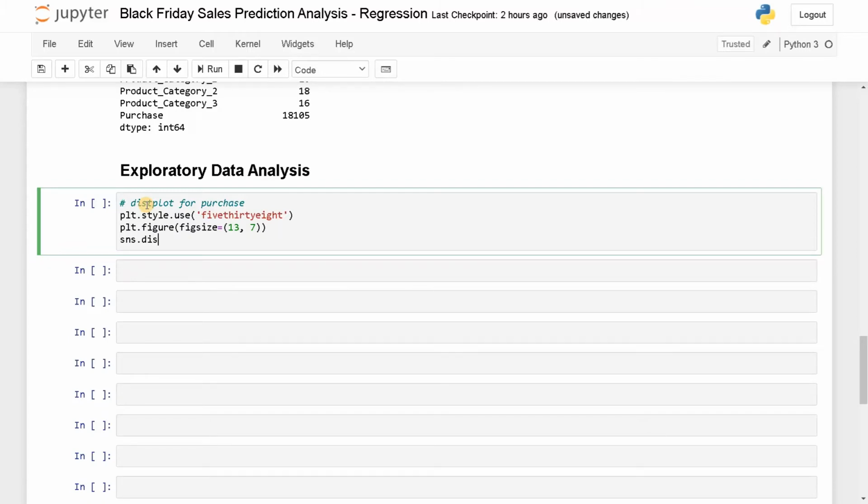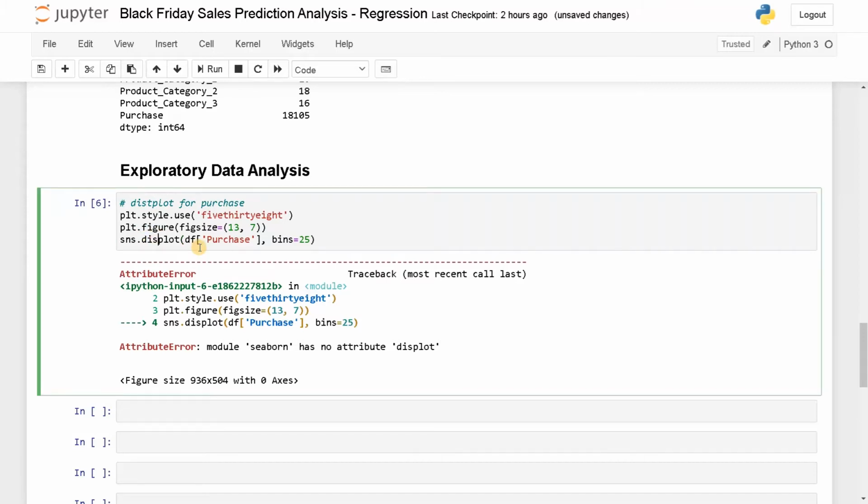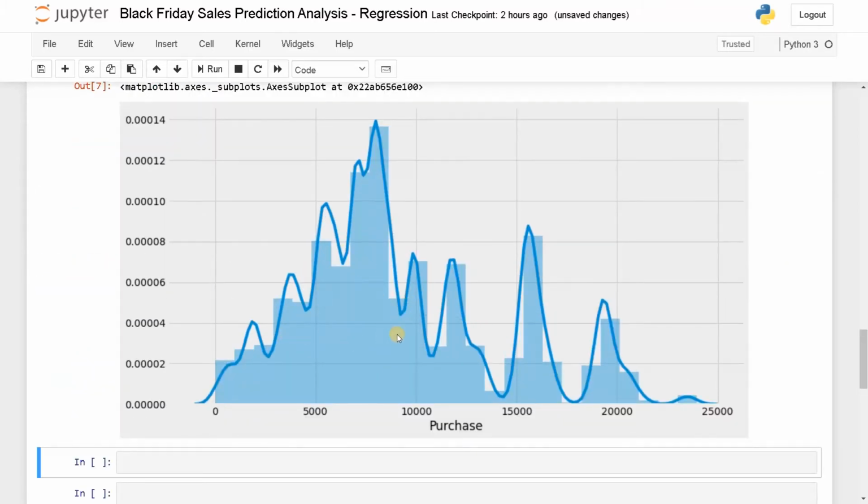SNS dot displot df of purchase and bins equals 25. Okay, let's run this now. Okay, I missed a T. Run it again. Okay, this is the displot we have.